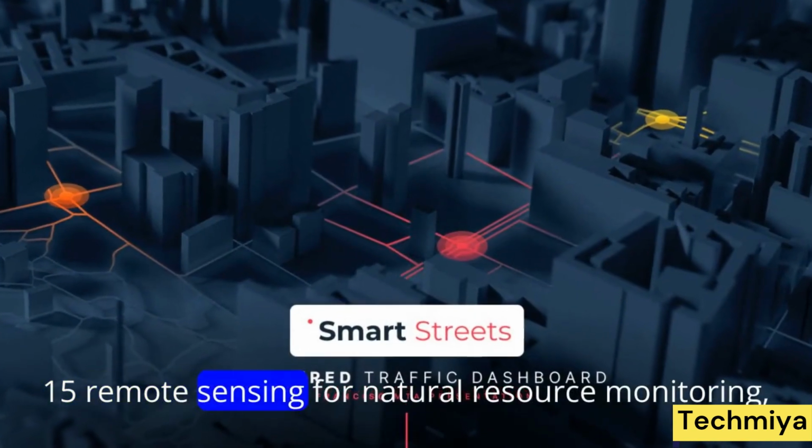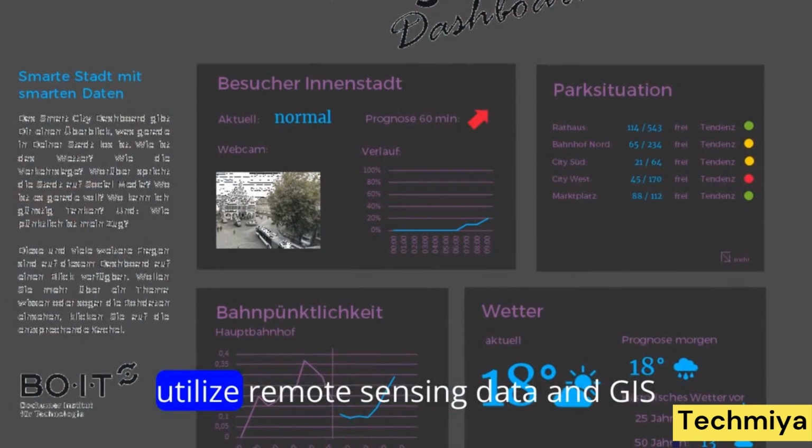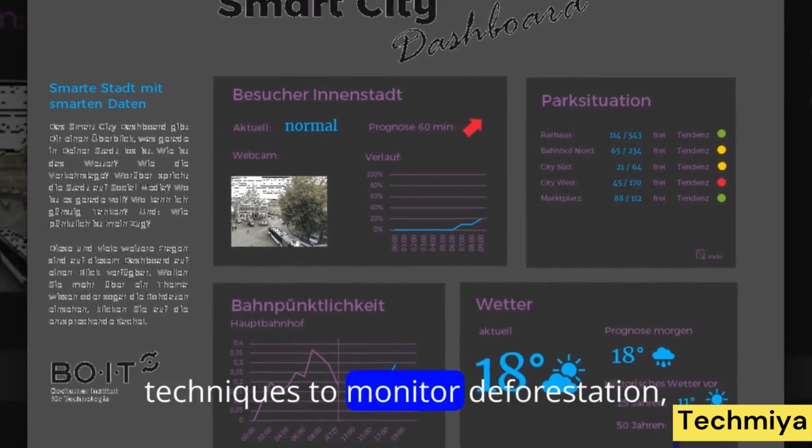15. Remote Sensing for Natural Resource Monitoring. Utilize remote sensing data and GIS techniques to monitor deforestation,